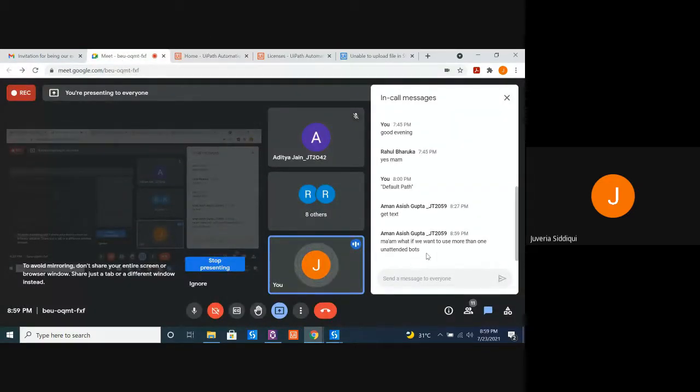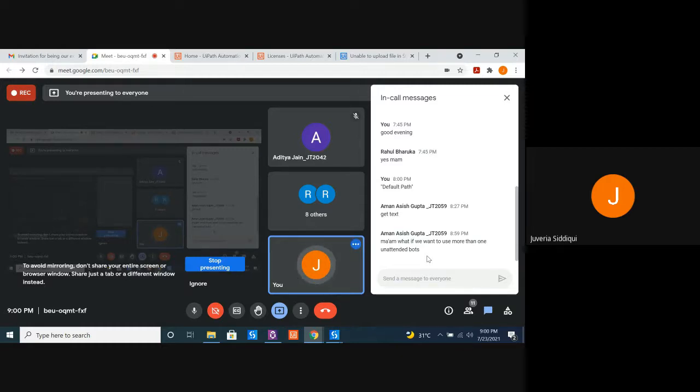Yeah, ma'am, what if we want to use more than one unattended bots? Okay, normally in big organizations we have multiple robots, but always remember one robot, one machine. If you have one laptop, your one robot is situated on that laptop.